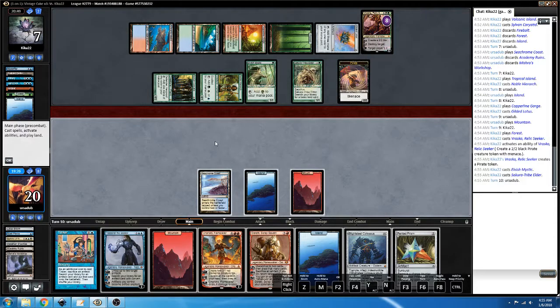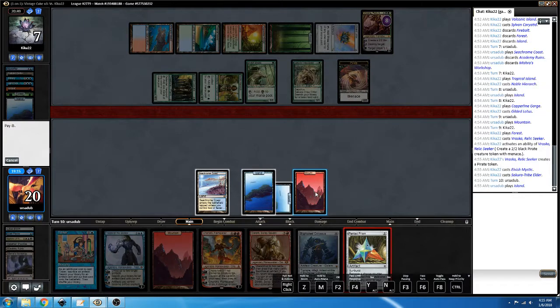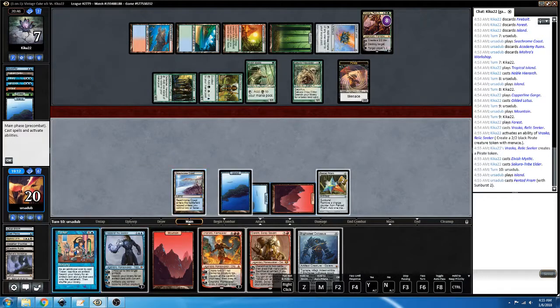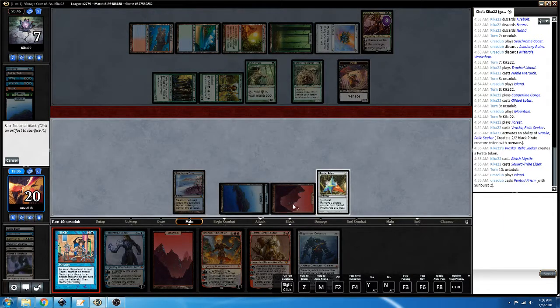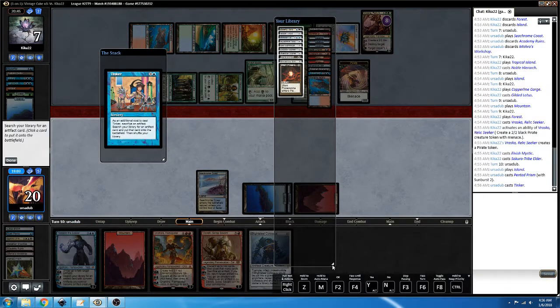So, what we do then is just, yeah, I can do that. So we go and we cast Pentad for 2. And then we're going to cast Tinker using the Pentad. That's actually a good draw. And then sack the Pentad. And we're going to go get